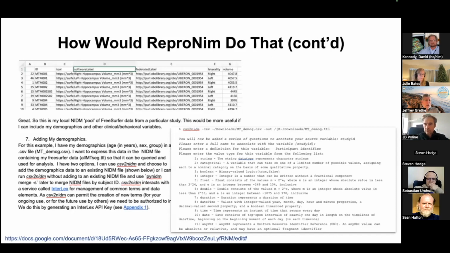So there are ways. In the same vein, how would ReproNim do that? There is a description of how one would do that with PyNIDM, which is a tool called CSV to NIDM. Basically what this does is it goes out and queries a collection of common data elements and information about